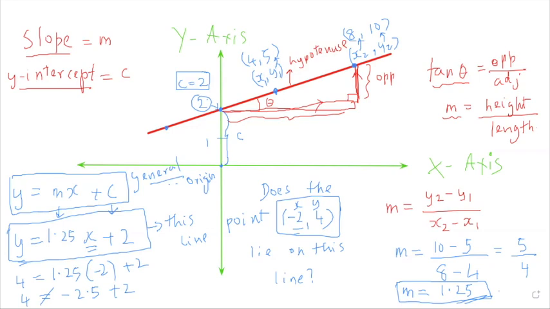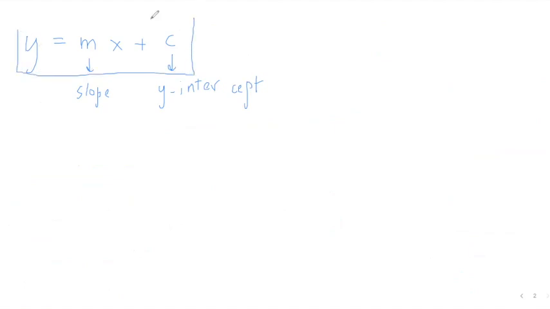So I'm going to move forward with this. So like I said, the general equation of a line is y is equal to mx plus c, if we know the slope and if we know the y-intercept. What if we don't know? What if we are not given? Okay, we'll do a couple of sums, all right? So with this, and then we'll move on to what if something was not given, then what do we do?